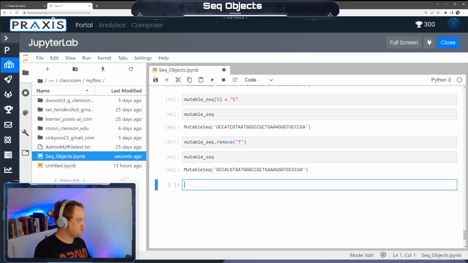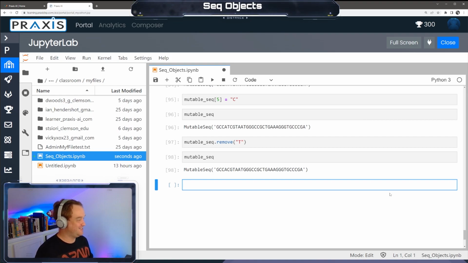Oh wait, what's going on here? Oh, so it just removes the first T, which is interesting. Like I said, I've never used this command. I don't know what you would use it for. Maybe you'd find some use for it, but